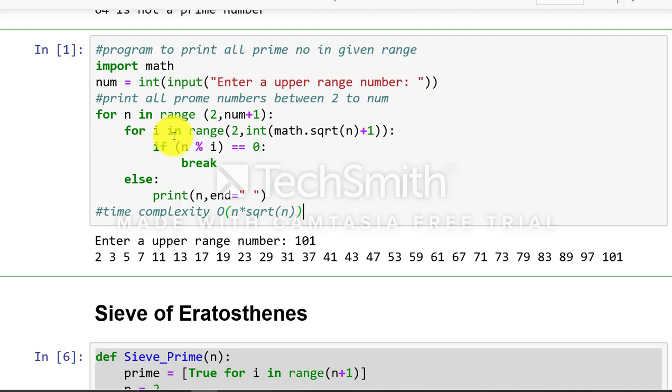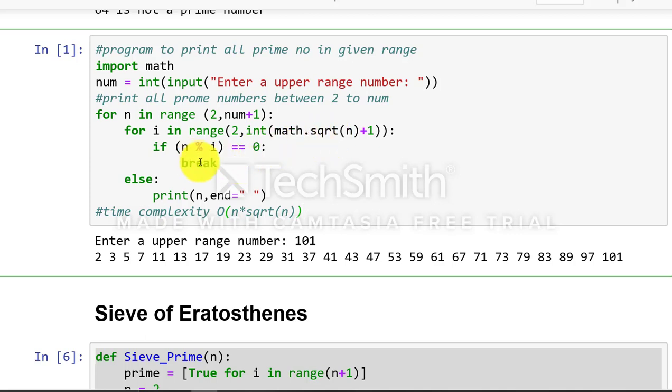The inner loop is i in range 2 to math square root of n, as in the previous case. So the inner loop will run up to the square root of n. If a number is not prime, there are two factors x and y, where x is less than the square root of n and y is greater than the square root of n.